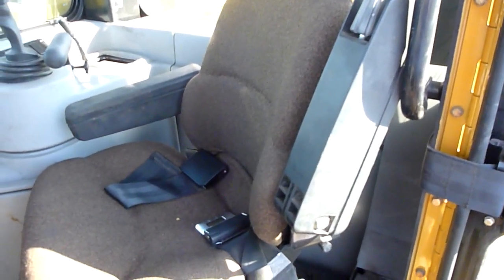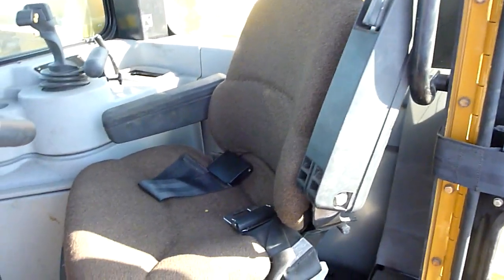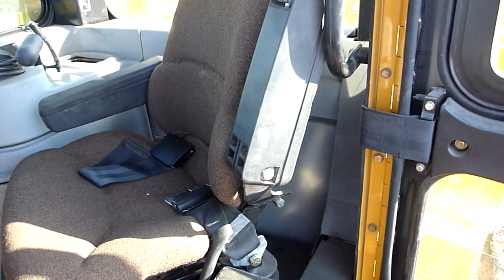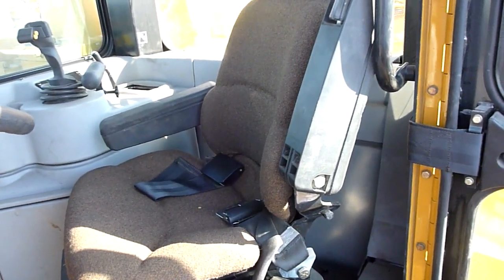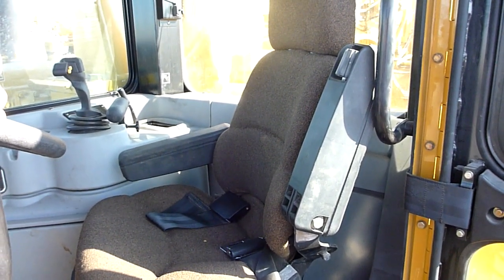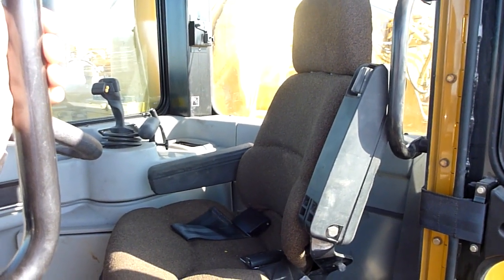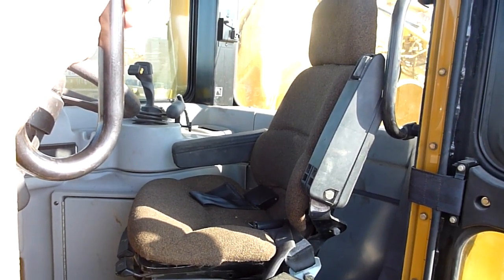That's not a G seat, I don't think. It looks more like a... I don't even know what that is. What kind of seat is that? Because the dozers don't have... Yeah, but out of what? Track loader? No, the dozers don't have the adjustable armrest, do they? No. Not that flip-up style. But it's not a G because you can't adjust the swivel. It's bolted down. So I don't know what kind of seat that is, but...